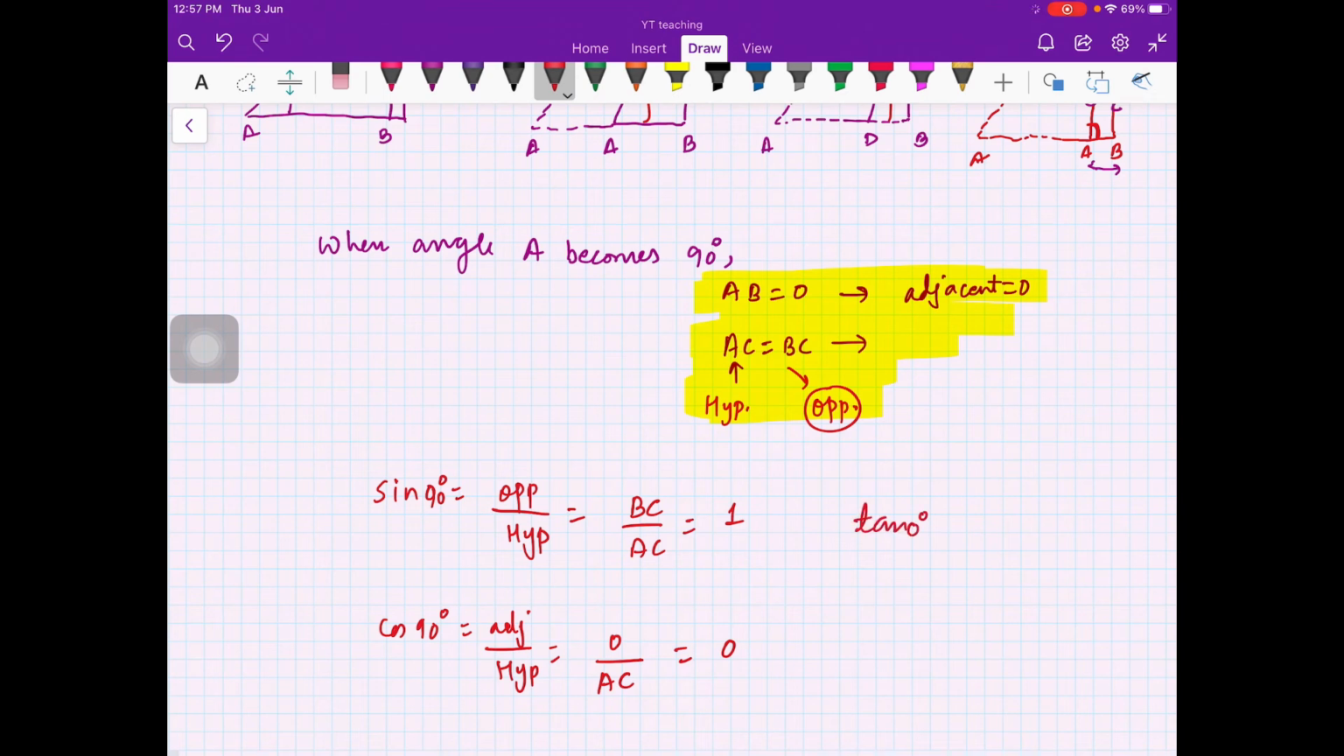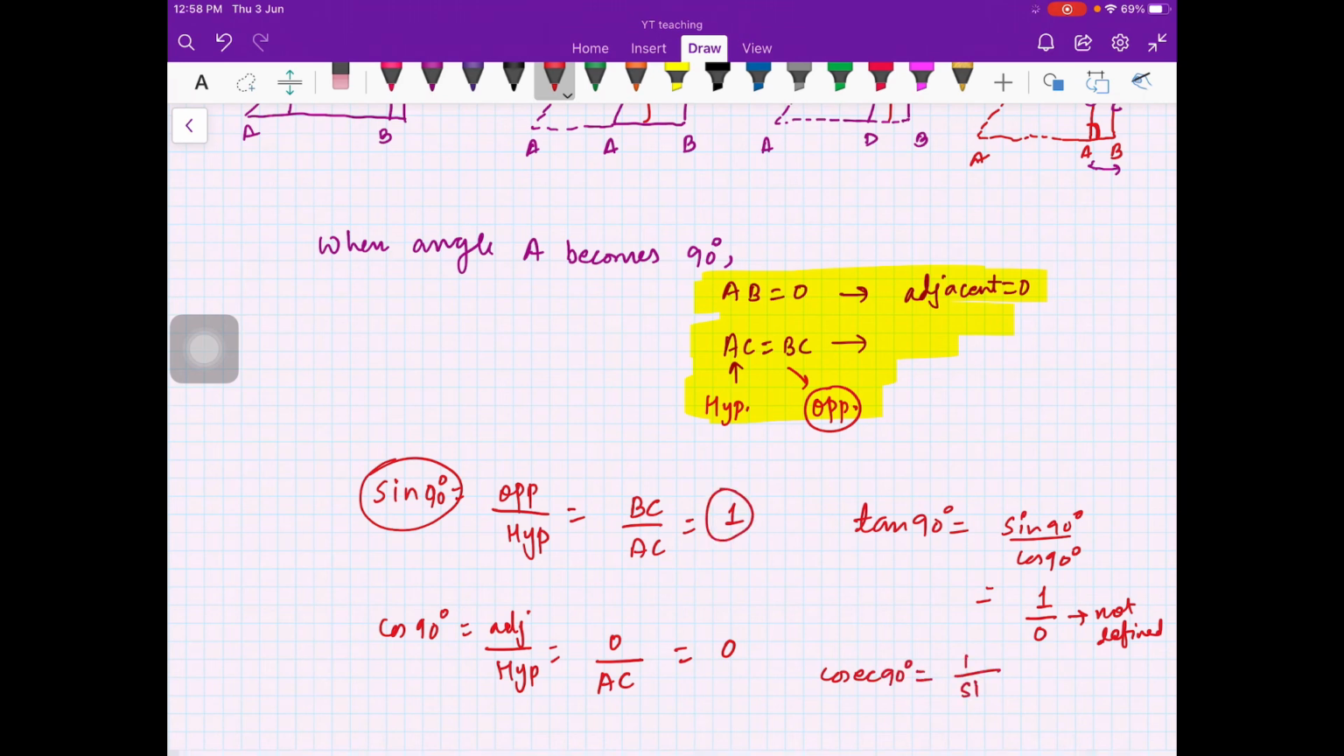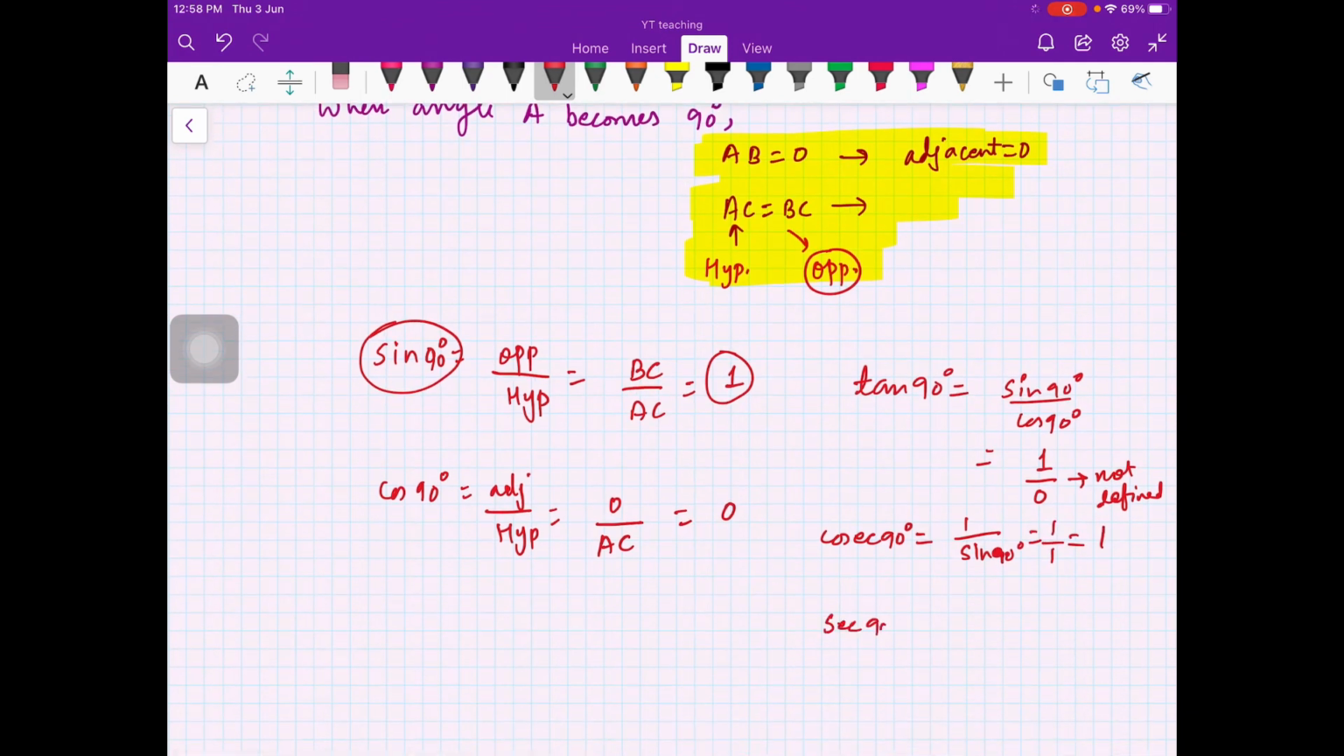Now your tan 90 degrees, you can always use sine 90 degree upon cos 90 degree, right? That also you can use, because tan theta is sine theta upon cos theta. So this is 1 upon 0, so not defined. Fine. Now your cosecant 90 degree will be 1 upon sine 90 degree. So that is 1 upon 1, that is 1. Then you have secant of 90 degrees, that is 1 upon cos of 90 degrees, that is 1 upon 0,